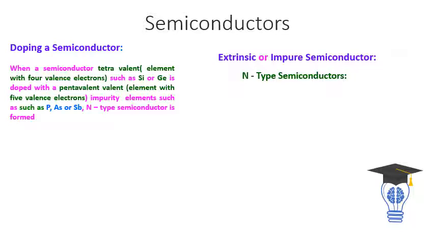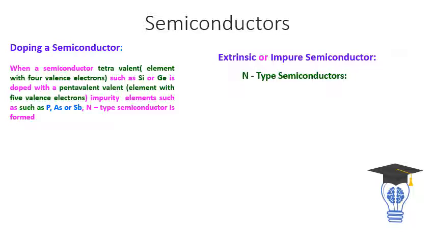When such a silicon or germanium atom which contains 4 electrons is taken and doped with a pentavalent atom, that means an atom with 5 valence electrons, is added to this. In short, a silicon atom is taken and added with arsenic,